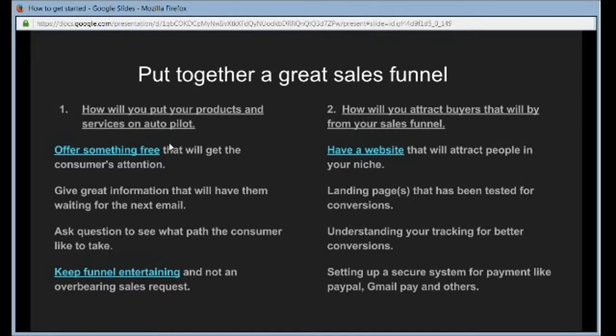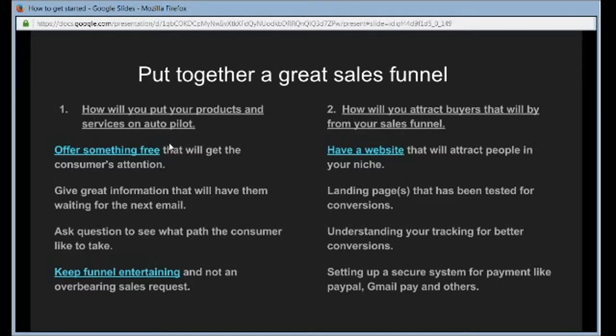Now, don't get me wrong. Sometimes we get caught up in that shiny object syndrome, like I talk about all the time throughout this whole course, and we buy into these things. Then in the long run, we figure out this is not something that I'm going to be able to sell, because it's not a part of who I am. It's not something I even really believe in, after you've had it for a while.